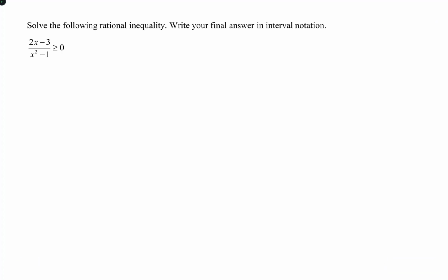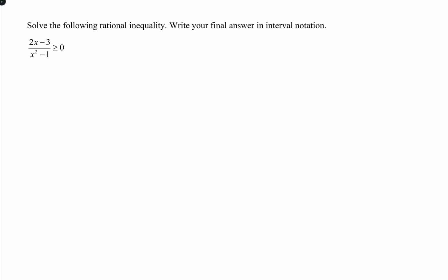Solve the following rational inequality. Write your final answer in interval notation. So (2x minus 3) over (x squared minus 1) is greater than or equal to 0. Okay, these are solved very similarly to polynomial inequalities, but we have to consider places where the numerator is 0